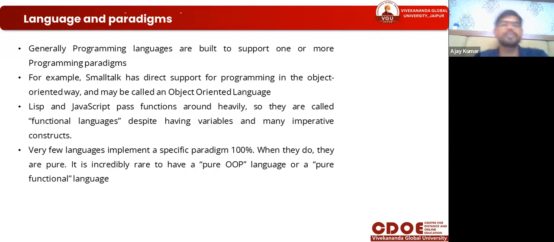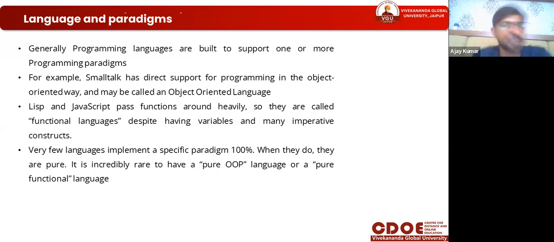So the working of JavaScript and LISP uses functions heavily, so they are called functional languages. Languages that follow the object-oriented paradigm are called object-oriented languages, and very few languages implement a specific paradigm 100%.